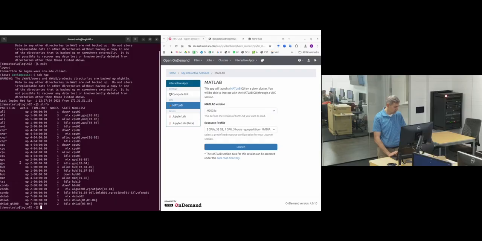So for example, the CPU queue gets you up to 4 days and 4 hours. The GPU queue gets you up to 2 days. The hub queue gets you up to 1 day, right? And if you had your own condo queue, like I do, that gives you up to 7 days, right? So you can have some really long training sessions if needed for a particular algorithm. Okay. Any questions so far?